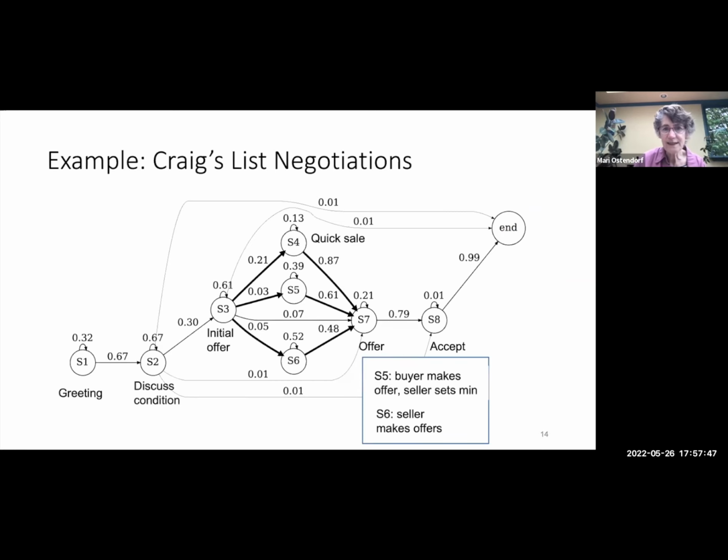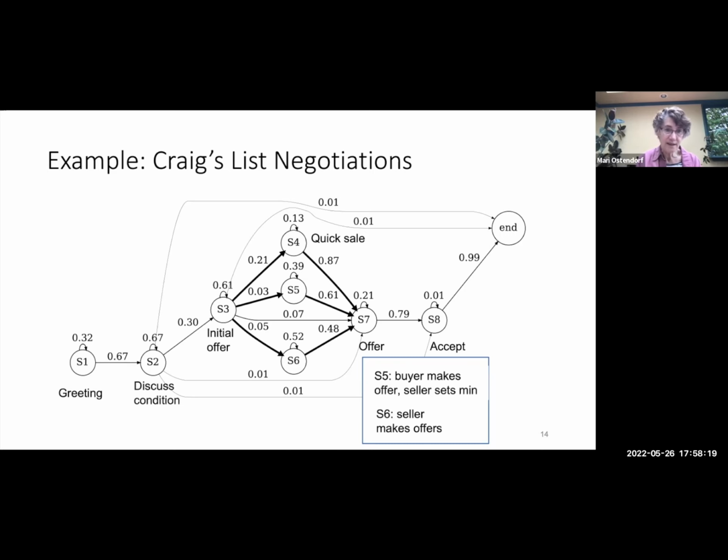Okay, just to give you an example, this actually allows you to learn interesting things. This is a small task. You learn more interesting things on more interesting call center data, but this is a Craigslist negotiation dialogue set. And of course, you start with a greeting. You close with somebody accepting an offer. In the beginning, after you do your greeting and establish what's going on, the first thing that happens is the